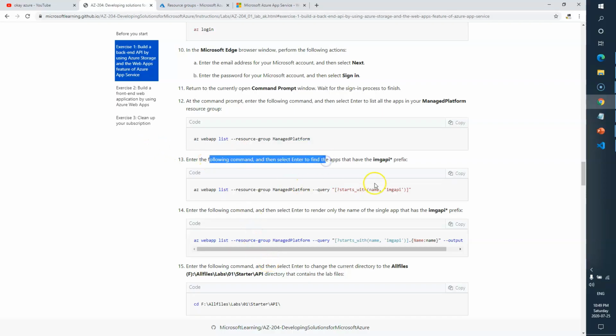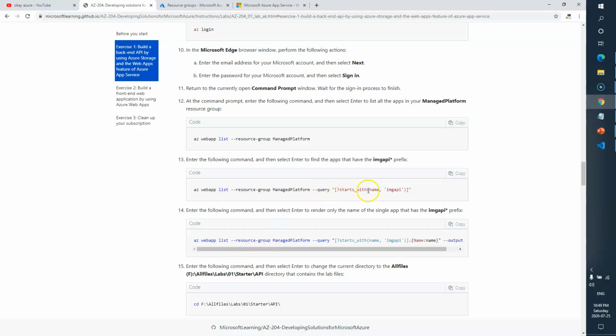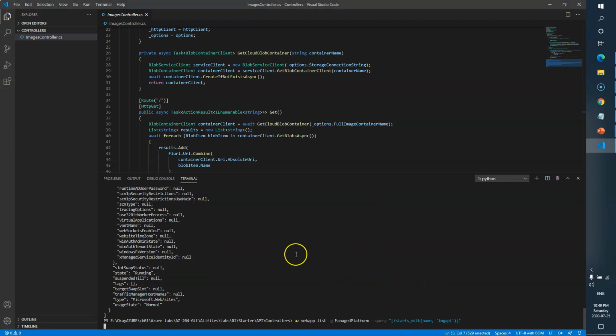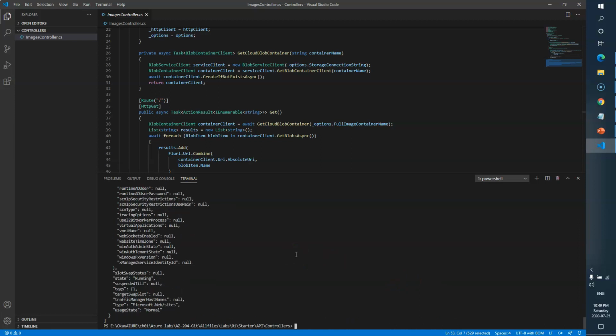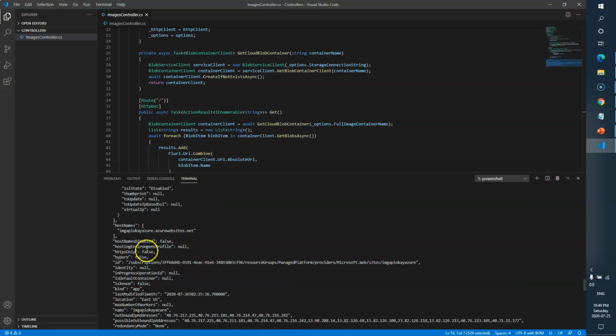Now we need to enter the following command. What this guy is doing is, if you see here we have got so many things. Now we'll just look for our backend API, image API. Okay, so we'll make use of the same command, but apart from that I will add this thing, the query. So I'll just paste this one, hit enter. Now let's see the difference. Now here you will get only one record, image API. So this is for your,